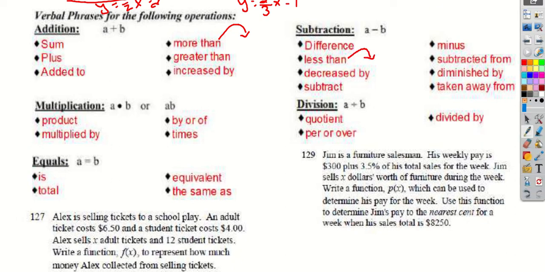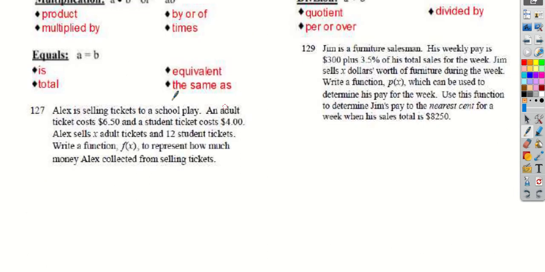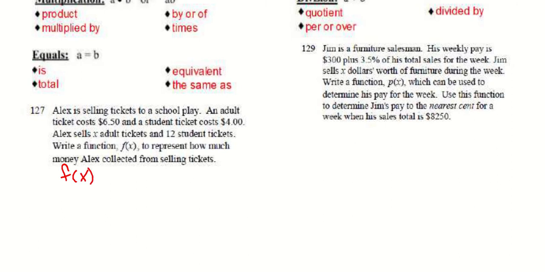All right, so let's go through and let's talk about a couple questions here. Number 127. Alex is selling tickets in the school play. An adult ticket costs $6.50. A student ticket costs $4. Alex has x adult tickets and 12 student tickets. Write a function f of x to represent how much money Alex is collecting from the tickets. So we know we're doing f of x. Okay. We also know that it's x adult tickets, all right, and it's $6.50 for those adult tickets. So it should be equal to